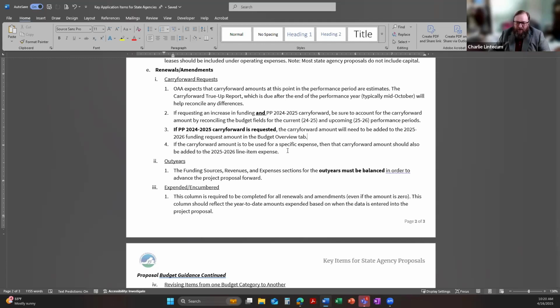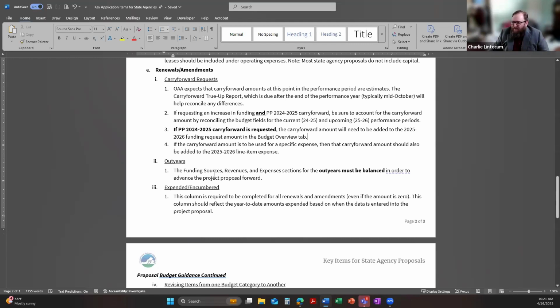If you're trying to purchase something, like, I know VDH has some awards for naloxone, and it's like, hey, we've got an order of naloxone and it's supposed to come in May 15th, but something happens with shipping and it doesn't get in until like June 28th, and there isn't enough time to get it paid for until the next performance period, then we need to make sure that the funds and the expense move into the next performance period.